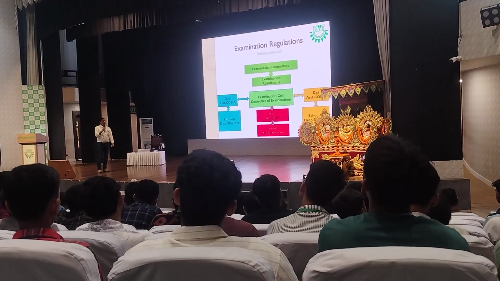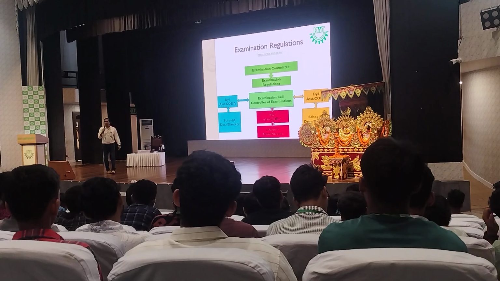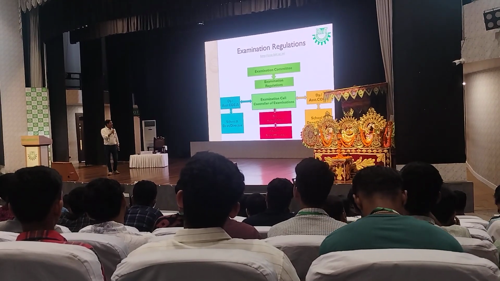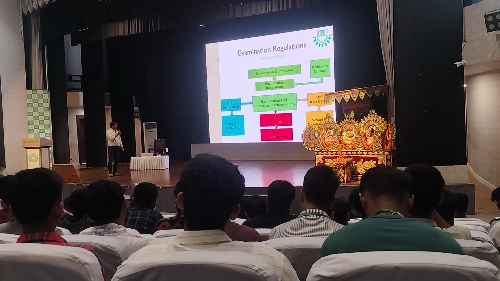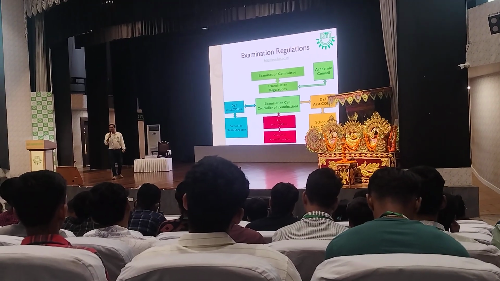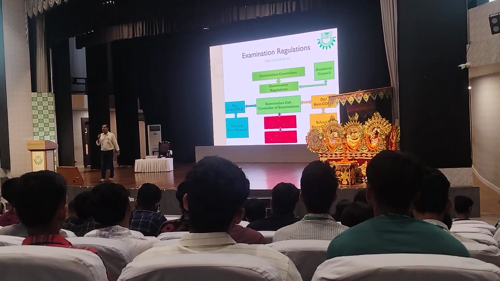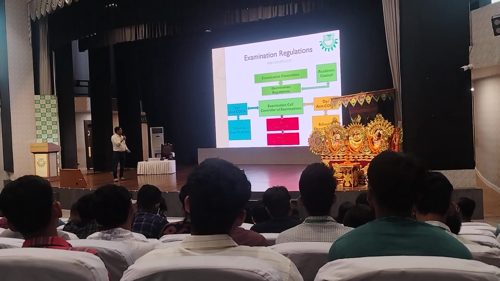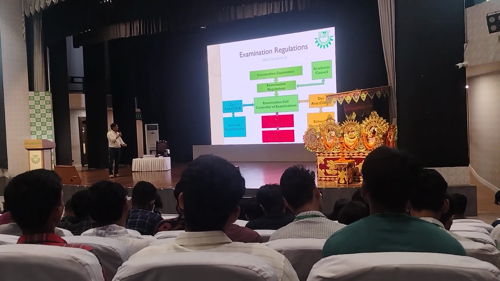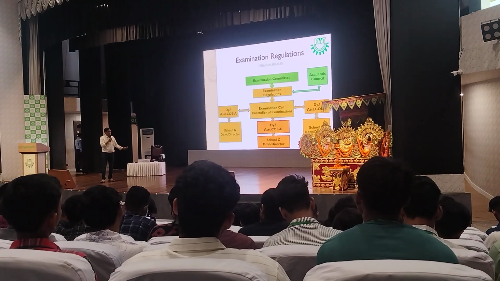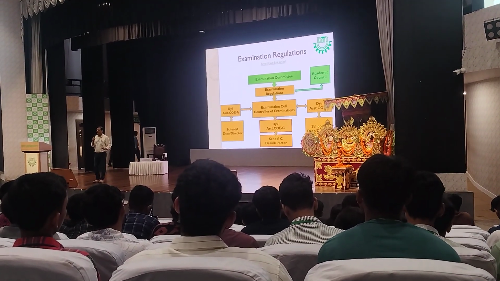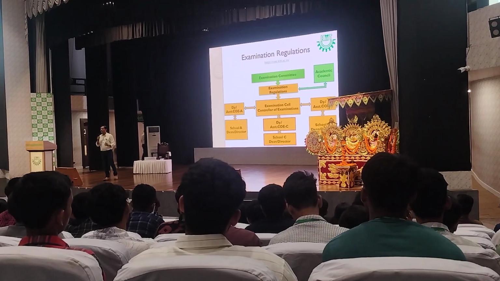Any examination regulation is framed by a very high level committee, known as the examination committee, and then it gets approved by the senate of the university. We call the senate here the academic council. Once it gets approved, all the examination regulations are implemented across all the schools of the university. So it is uniform, and it is not under the control of a single person.